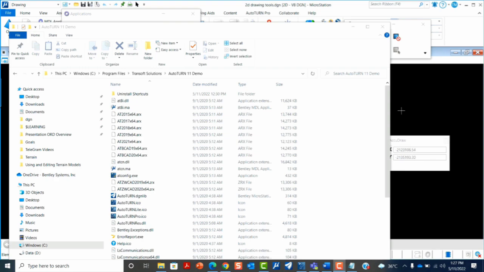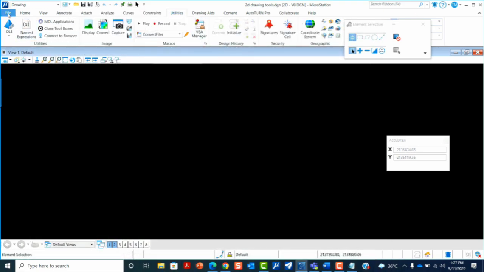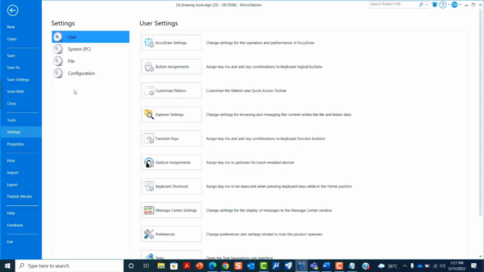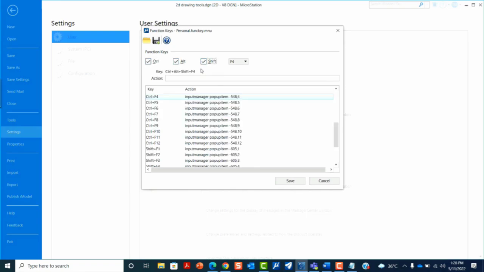Also you can type mdl load in the keying window and give the actual path of the .ma file and load AutoTurn. The other way to load AutoTurn: go to File, in Settings, in User, click on Function Keys for F4, check all these Control, Alt, Shift, and in Action paste the path of the .ma file.